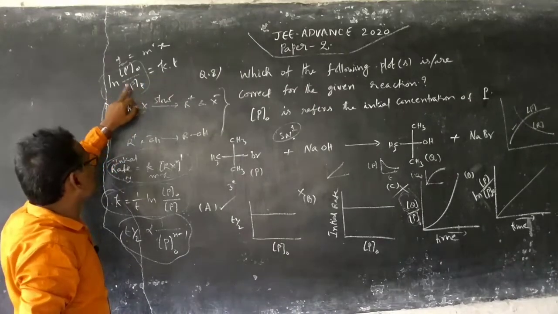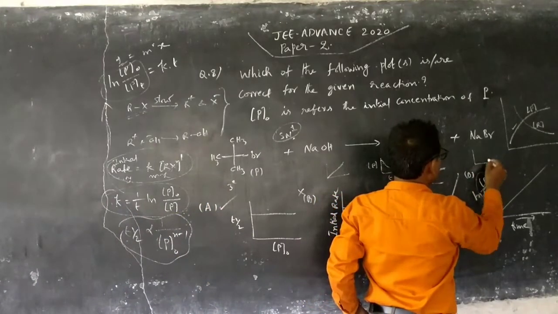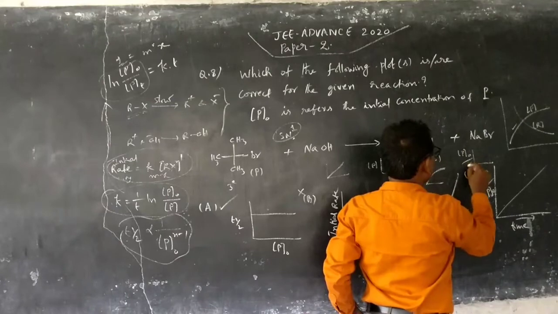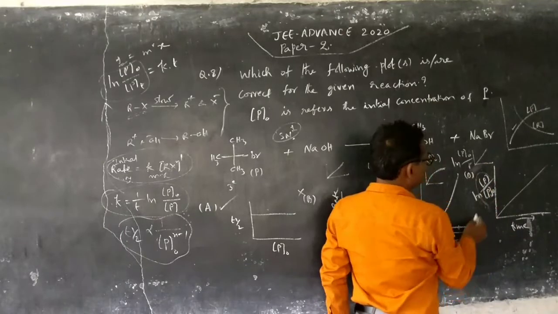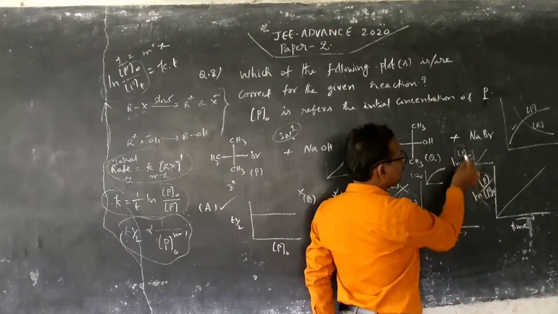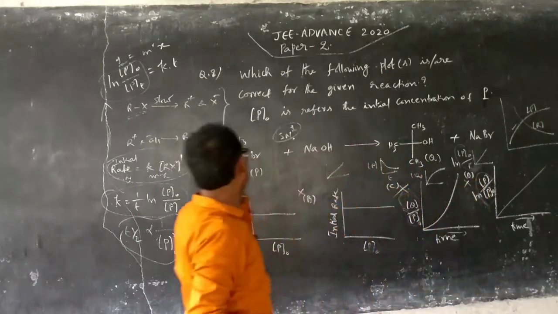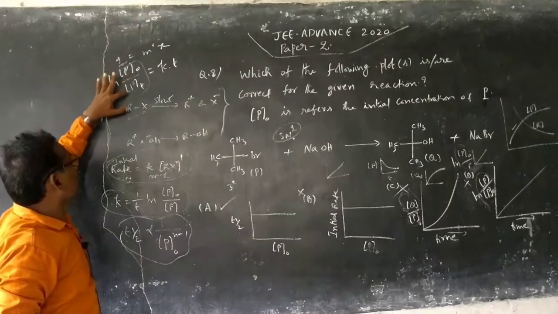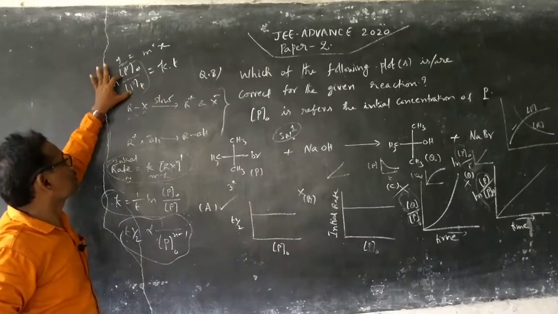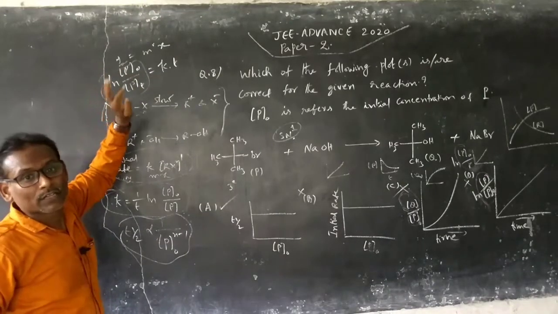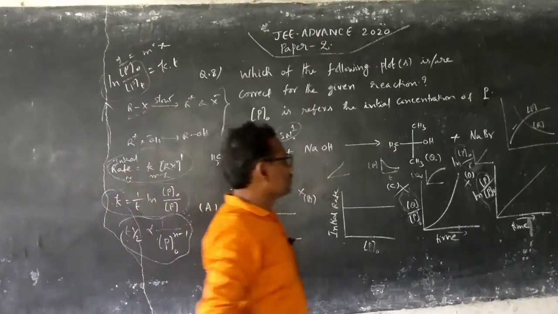So if you take the graph not like this, this is not the way of taking. If you take ln P naught by P, then this graph is correct. Then you will get it like this. But instead of taking it this way, they are taking the reciprocal of that. So it is a wrong statement. ln P naught by P is equal to kt. As time increases, this ratio also increases, but not the reciprocal of that. If you take the reciprocal, you will get a minus. That means you are taking it the opposite way. So that's why this is also wrong.